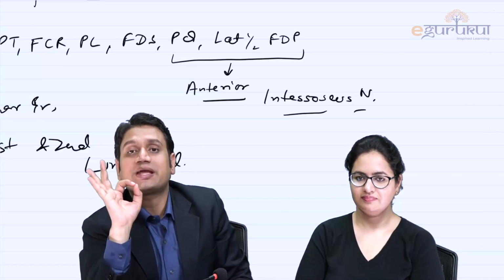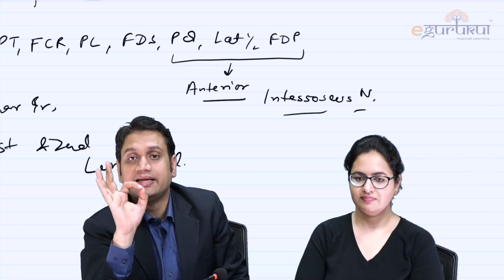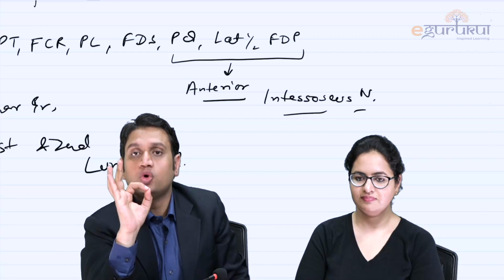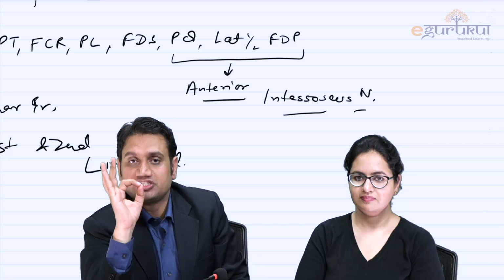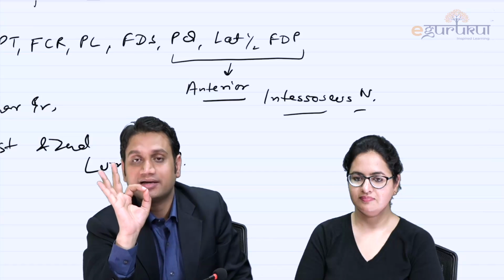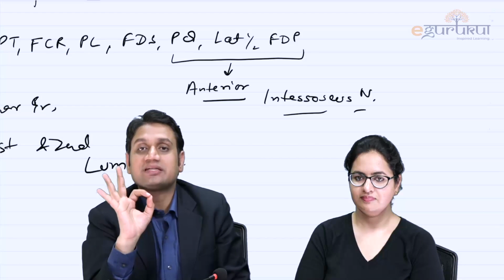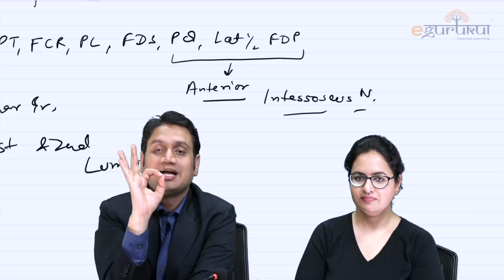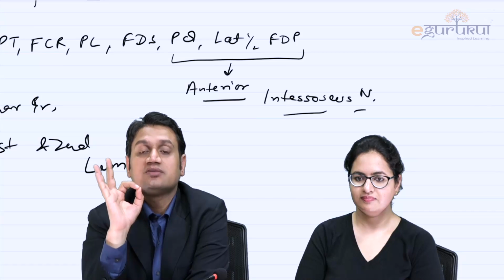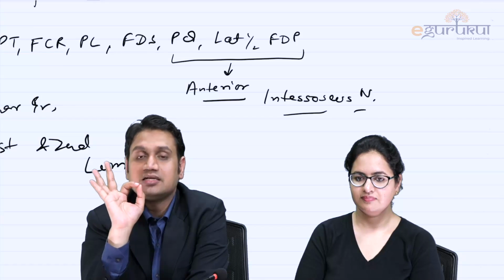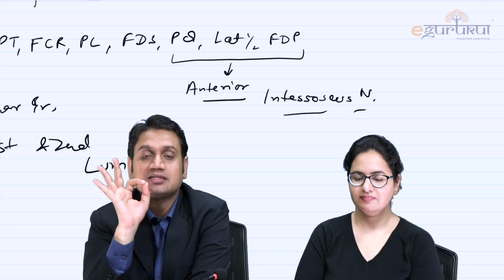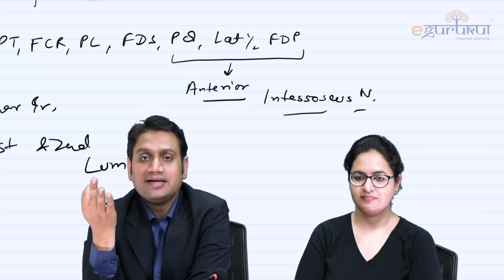This is what you call an OK sign, right? OK sign, also known as Kiloh-Nevin sign, K-I-L-O-H, N-E-V-I-N, right? So OK sign or Kiloh-Nevin sign. If the patient is able to do so, that means his anterior interosseous nerve is fine. The nerve which is supplying the flexors of the finger and thumb is perfectly okay, right?